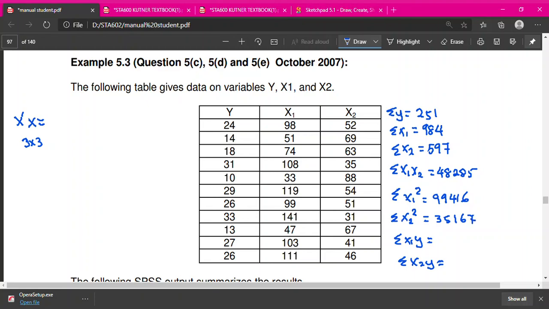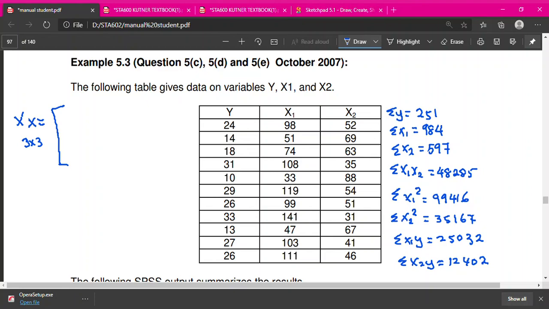Summation of x1 y, 25032. And summation of x2y also, 12402. So we need all this value to create this